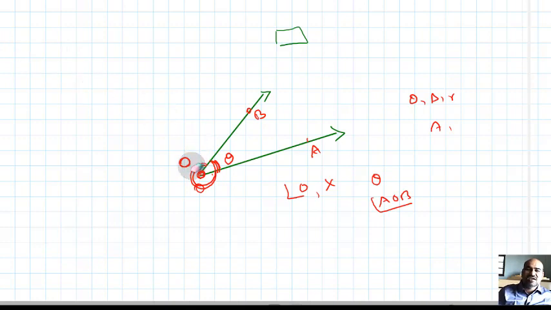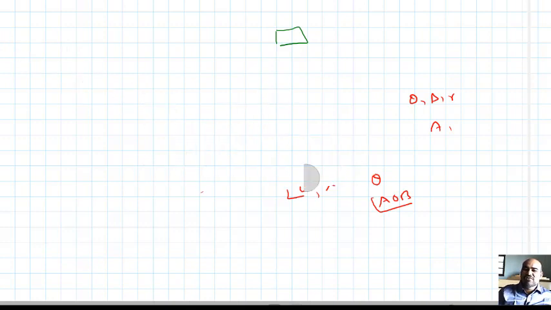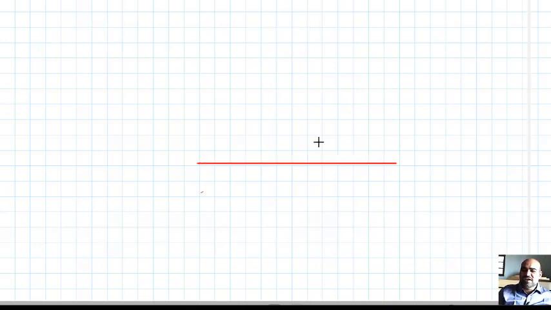But this is not exact. It is not the definition, so I want to define it another way. So the angle in another definition. This is a ray. I can say this is a ray. We can't change its position. That's why I can say it's a fixed ray. So now I want to take another ray, just another ray on this line only.